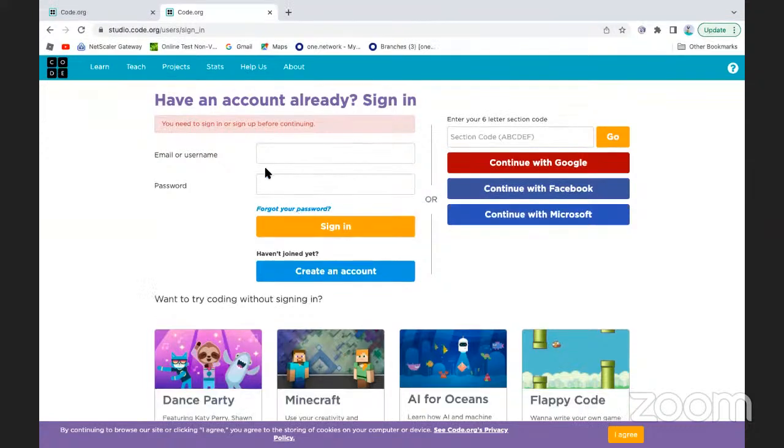Okay, so for the people that already have an account, you just normally enter your email or username and your password, and the section code is already here, so you can do it there. So what you said before about not seeing the section code, you can just log out, log back in with your actual email, then put the section code here if you can't see it on the other page. Then you can just press go, so you'll log into your account and you'll also be on the course as well.